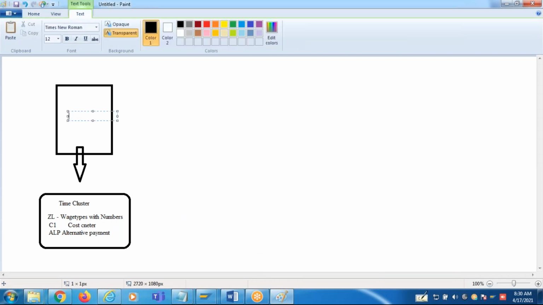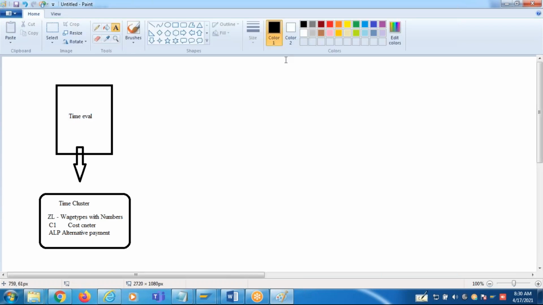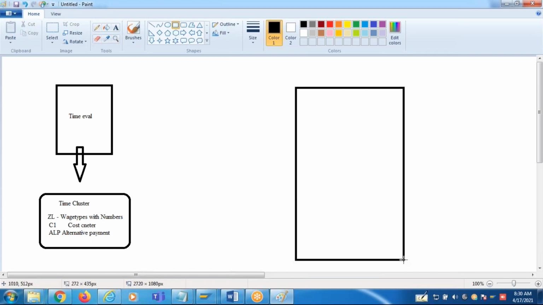Okay, so this is time evaluation. Now this is the payroll. We are running a payroll, guys. In payroll we have a schema XT00.